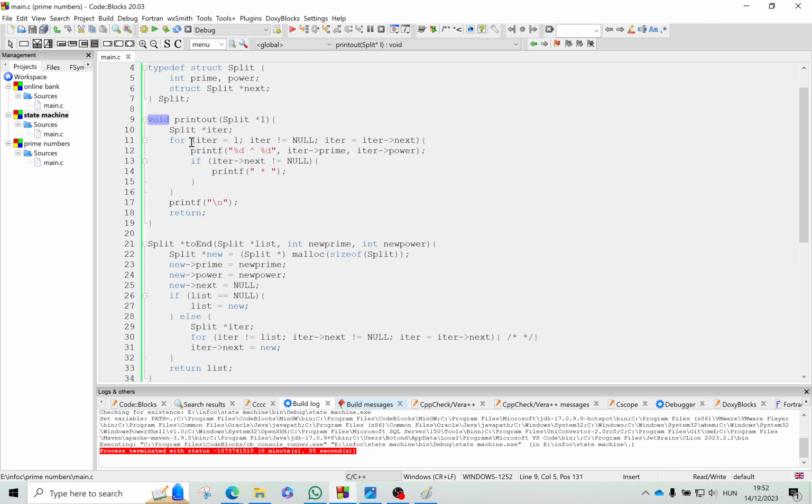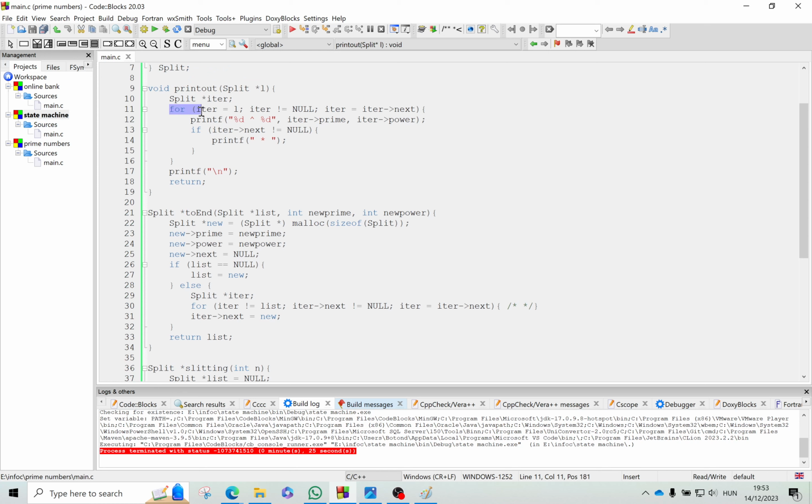So the return value is void because we are writing something to the screen, and we pass as a parameter the first element's pointer of the linked list, and we create an iterator which will go over this list,